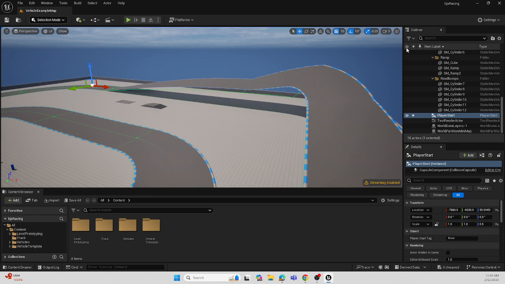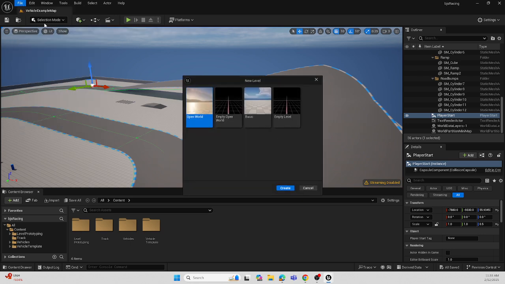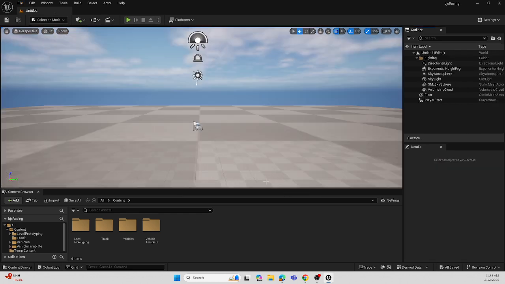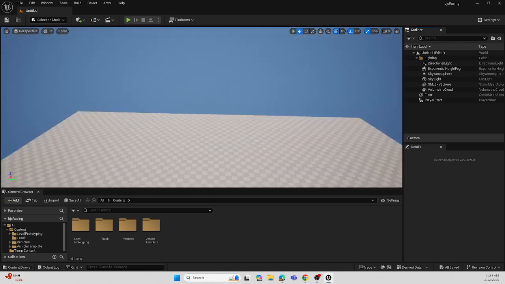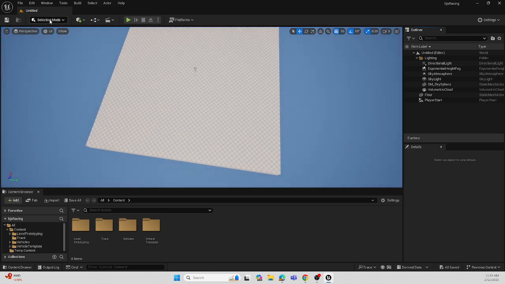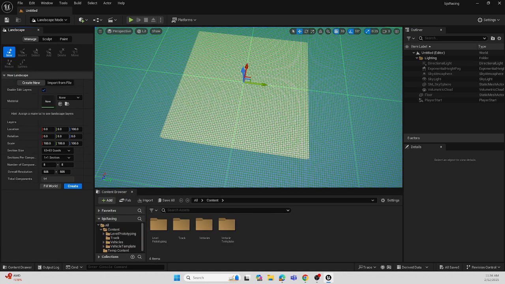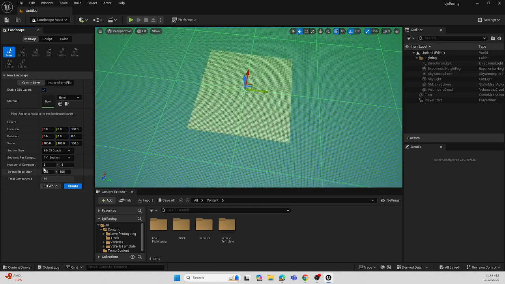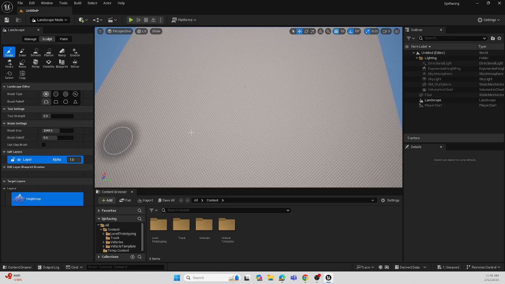I'll save this one. File, new level, and I'm just going to use a basic level here. It's already got a skybox in it. It's got a piece of land in it right there, which I'm totally okay with. Let's see, you know what? I'll go back into landscape and just for the fun of it, I'll make a little track here. I'm going to set the number of components to 4 each, and then I'm just going to create this. I'm not going to worry about putting a material on it right now. This is just for